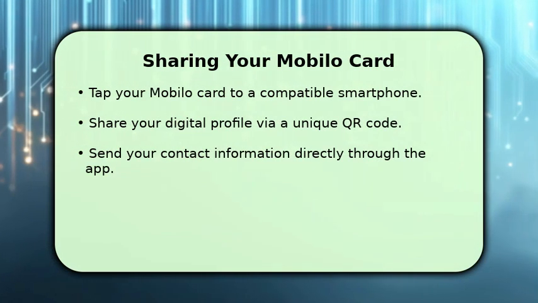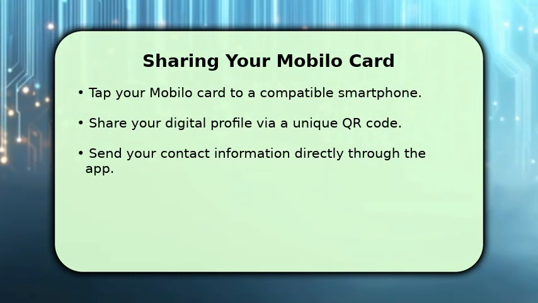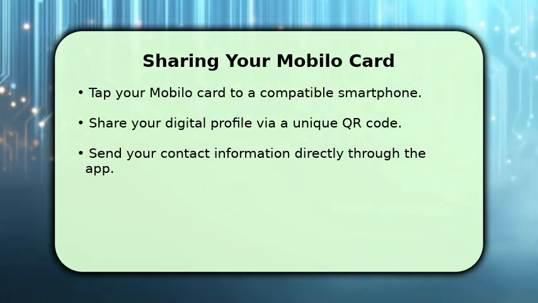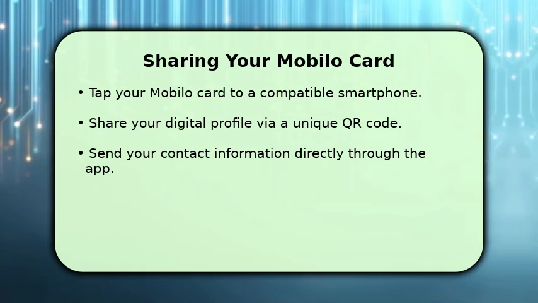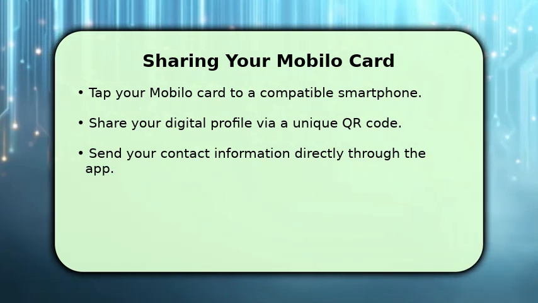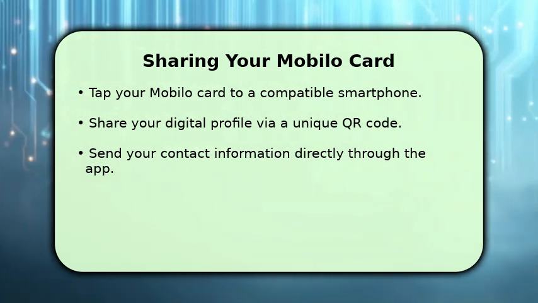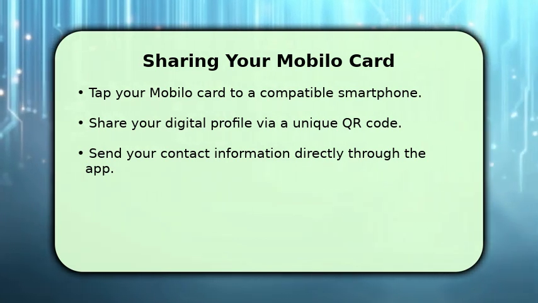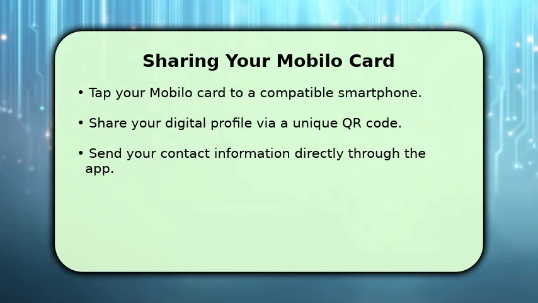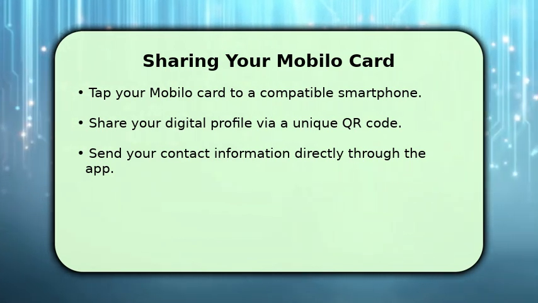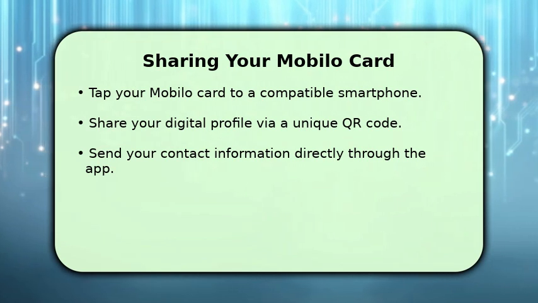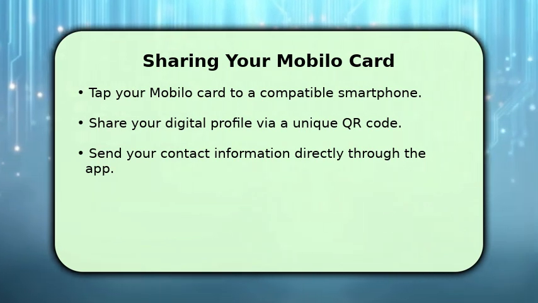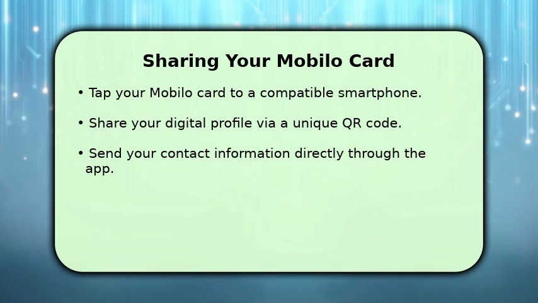Sharing your information with Mobilo is incredibly simple. The primary method is to tap your Mobilo card to another person's compatible smartphone. Your digital profile will instantly appear on their screen. Alternatively, you can share your unique QR code, which others can scan. The app also allows you to send your contact information directly via text or email, ensuring you connect with anyone,